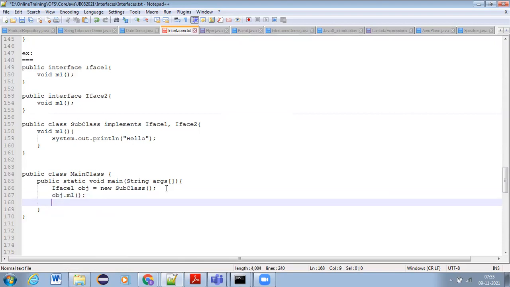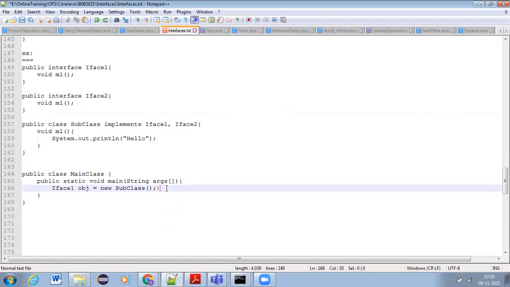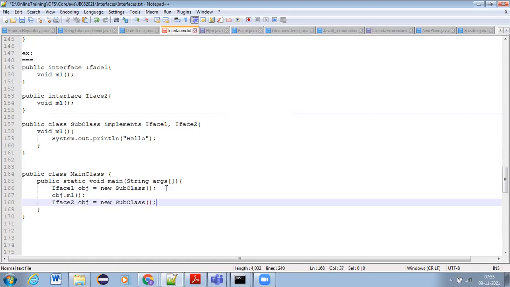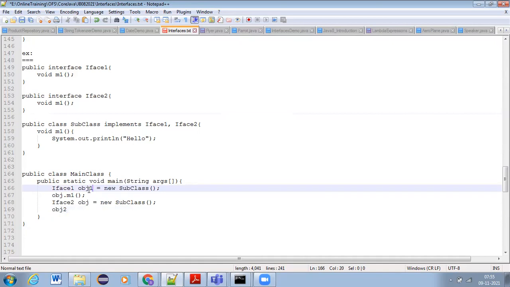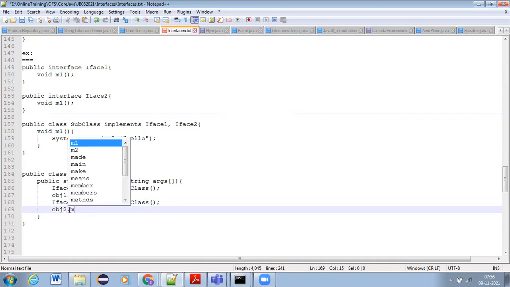I can do like this, or even I can do ifs2 obj equals new subclass, and then obj2. So same, we can write, right? obj1.m1. Here object 2, if I say object2.m1, again you can call like this.